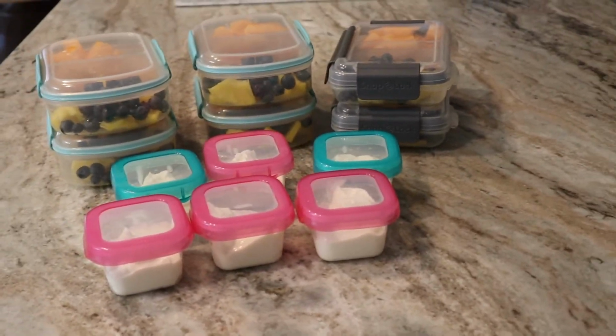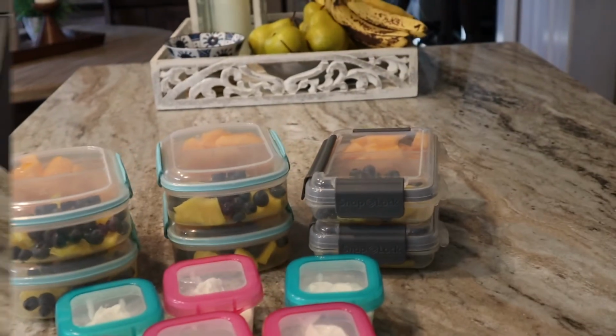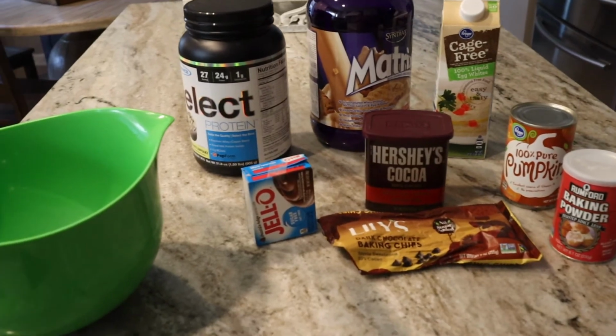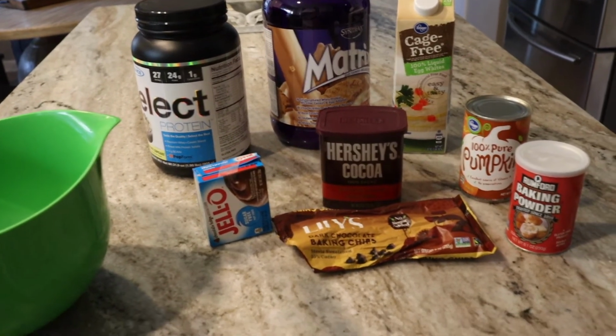So anyway, and I have my diced peppers. I'm going to throw those in the fridge, and then all I have left to do is bake my chocolate peanut butter protein cookies. Okay, last thing I have to make today is my protein cookies. Y'all know the drill: a scoop of the PE Science protein, a scoop of the peanut butter protein, half a